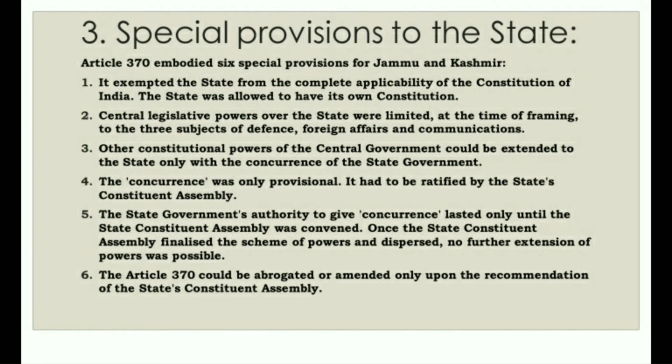The state of Jammu and Kashmir is endowed with some special provisions as per the Constitution of India. Article 370 embodied 6 special provisions for Jammu and Kashmir. 1. It exempted the state from the complete applicability of the Constitution of India. The state was allowed to have its own constitution. 2. Central legislative powers over the state were limited, at the time of framing, to the 3 subjects of defense,